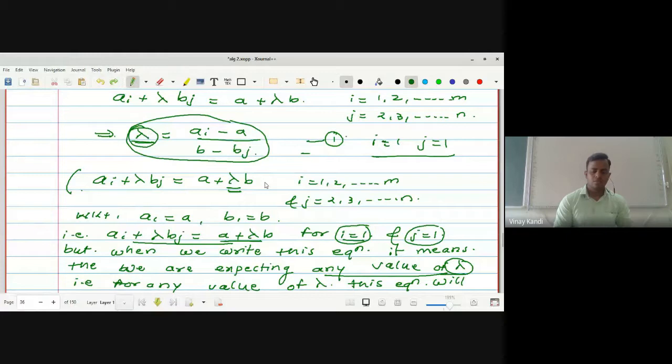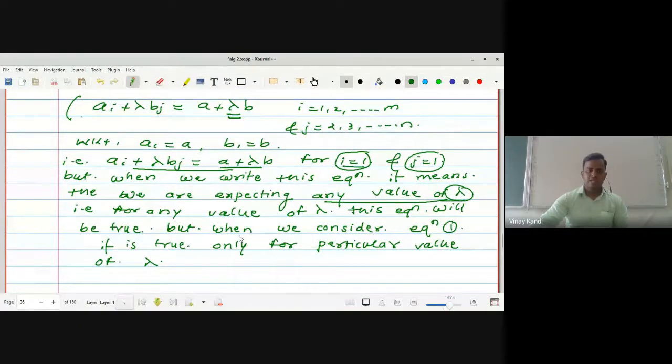Read again, if you did not understand. Okay, look at it. If a1 is equal to a and b1 is equal to b, that is ai plus lambda bj is equal to a1 plus lambda b1, which is equal to a plus lambda b, for i is equal to 1 and j is equal to 1. But when we write this equation, it means that we are expecting any value of lambda. Okay, that is for any value of lambda, this equation will be true. But when we consider i running from 1 to m, j running from 2 to n, we get the particular lambda. Okay,